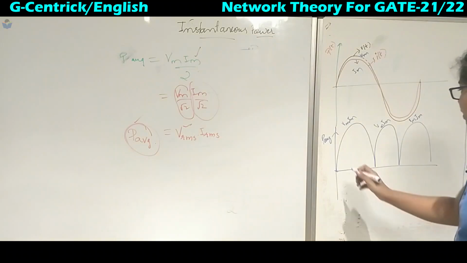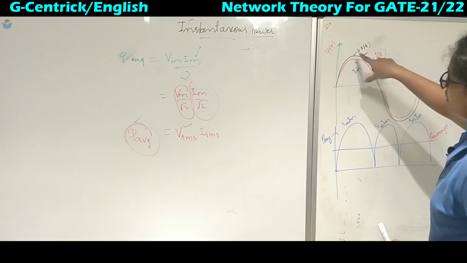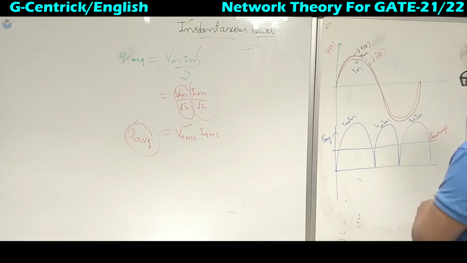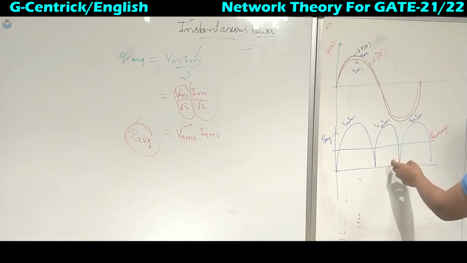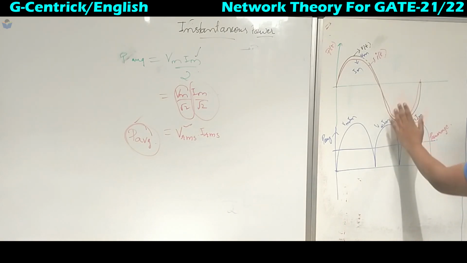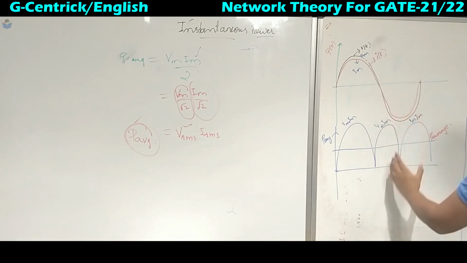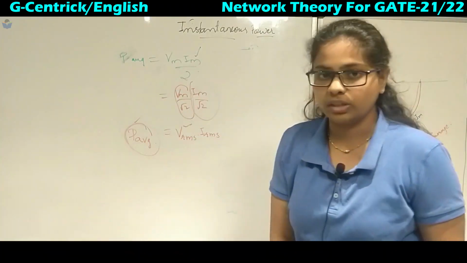When I divide it by 2, this line will give me the average value of the power. How do we represent the average value? We take the multiplication of the Vm and Im magnitude, which will be double of this one, so it will be an increase in the amplitude. Negative into negative will become positive, so the negative wave will also come on the positive side. Half of that will be the P average, because we have Vm into Im over 2.